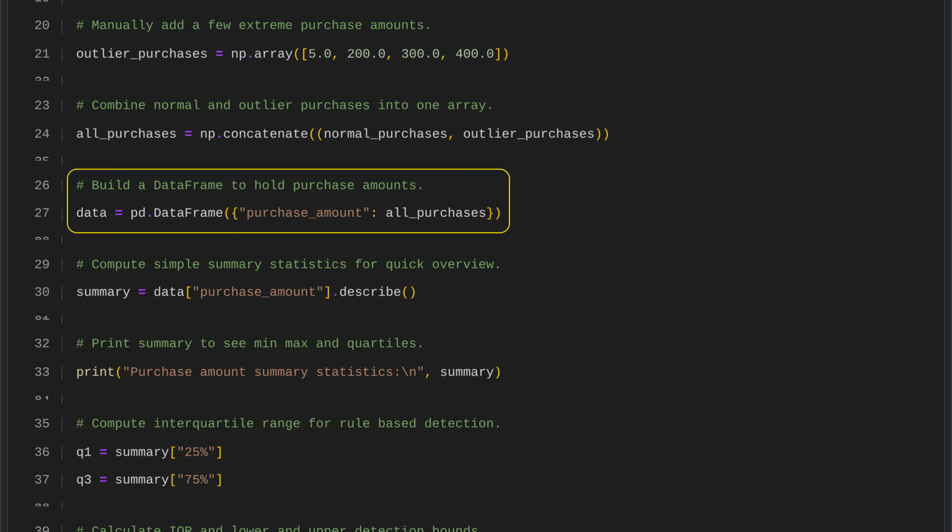We use pandas to create a data frame that organizes all our purchase amounts in one place. This data frame has a single column called purchase amount, which contains both the normal values and the outliers from our combined data. By storing the data in this structure, we can more easily manipulate and analyze the purchase information